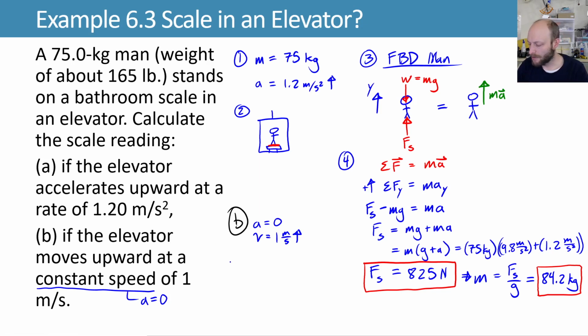So I can use my results from over there and say the force on the scale is equal to mass times (gravity plus acceleration). But now I can say that acceleration, since I'm moving at a constant speed, is 0. So my force ends up just being mass times gravity, which gives us 735 newtons,